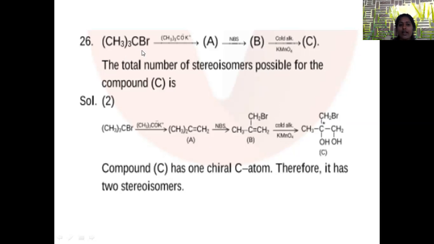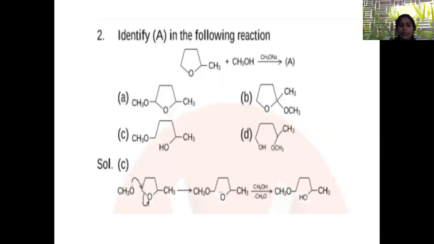In this, first we have to know what product is obtained. Then only we can identify what the chiral center is. Then we have to know the formula to apply to determine the stereoisomers. Then finally we will get the answer. It is purely logic based. We have to go through the step by step process so that we can identify the answer very easily.